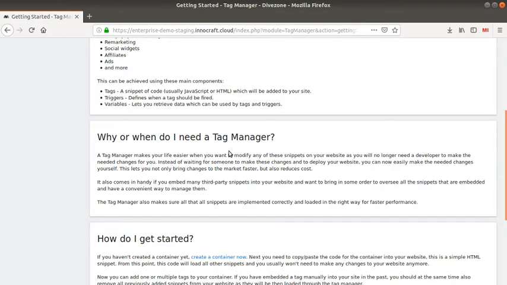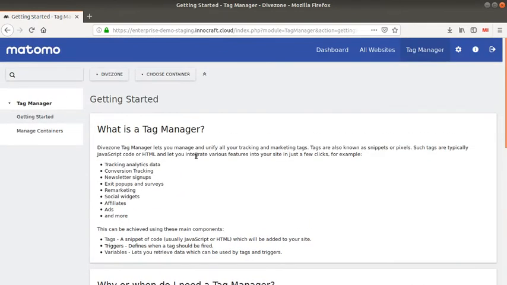So just to let you know that tag manager, it's going to make your life easier and it's going to set all your different tags in one single place, and it concerns Matomo Analytics tags as well as any third-party vendors. Okay, once you've done reading this page, what you need to do is to click here on Manage Container,